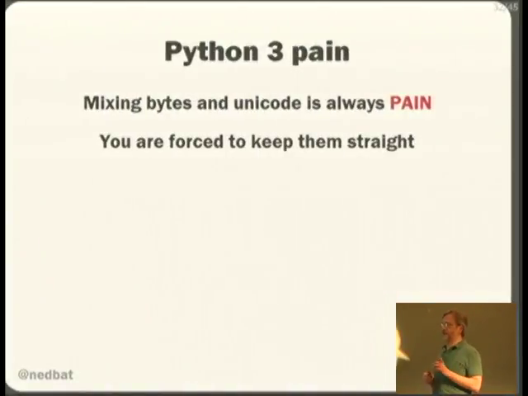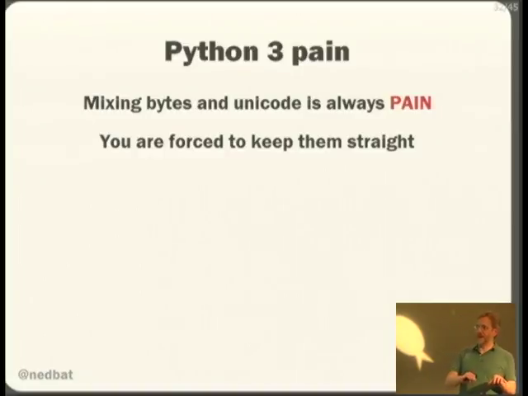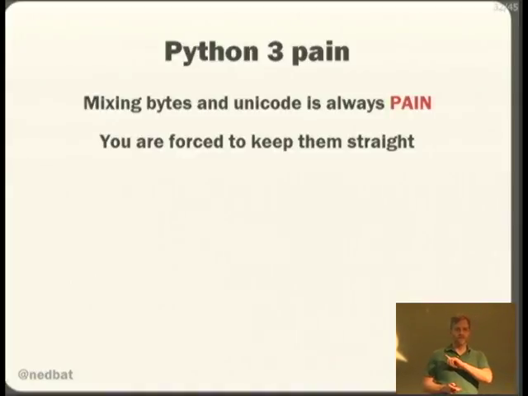So the Python 3 pain is you have to deal with this explicitly everywhere. Your program that worked fine with ASCII and then failed with the accented characters doesn't even work with ASCII on Python 3. This is so central to Python 3 that Python 3 is named after Facts of Life 3. Remember, Fact of Life 3 was you have to deal with both. Python 3 is you have to deal with both. So the Python 3 pain is much more immediate, which has been a bit controversial. But at least it means that if your code works at the beginning, it'll work no matter what Unicode data it encounters.